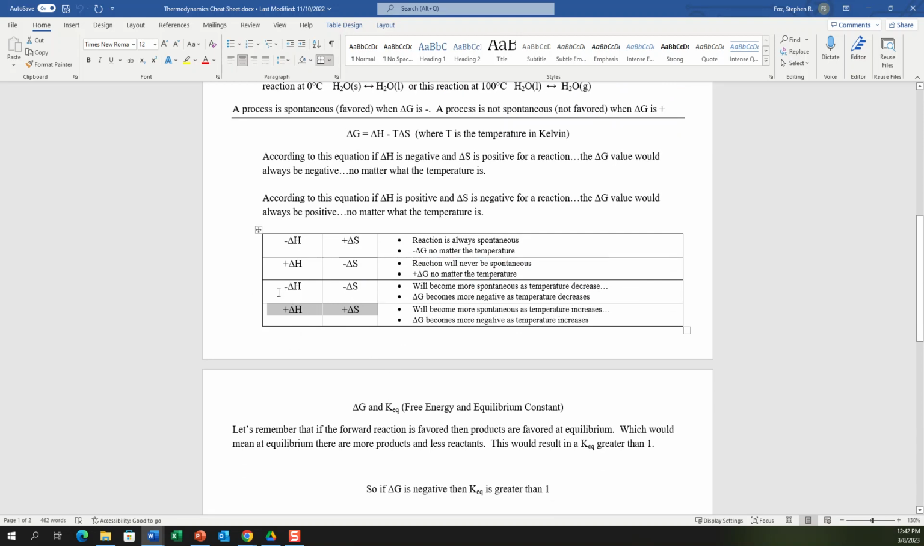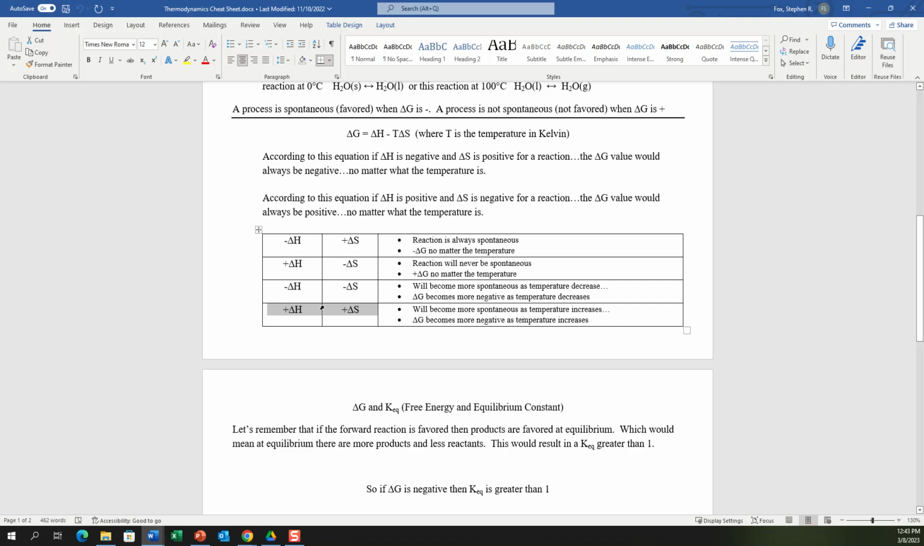So if you have an exothermic reaction that decreases in randomness, that's going to become more favored, or delta G will decrease as temperature decreases. And that should make sense in terms of Le Chatelier's principle. You already know that if you have a negative delta H, exothermic reactions are more favored at lower temperatures. And endothermic reactions are more favored at higher temperatures. So when you have a positive delta H, favorability is going to increase as temperature increases. But think about what that means for delta G. When delta G is negative, the more